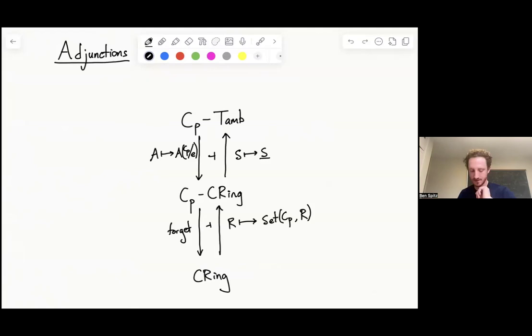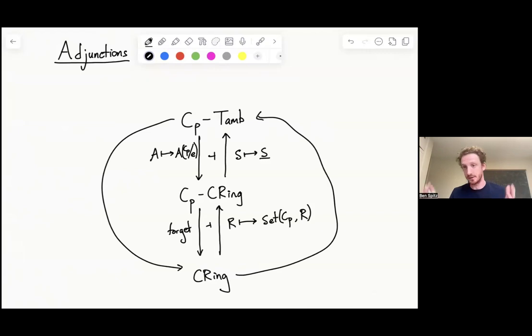Sorry about that. So I have these two adjoint pairs, and I could compose these together and get one big adjoint pair. So I could go from here to here, and I could go from here to here, and I'll have this big adjunction, which is the composition of 2 adjunctions. The guy on the left going from CP Tambara functors down to commutative rings, I'm going to call restriction, which is the same as the name of one of the structure maps inside a Tambara functor, which is quite confusing. So let me just call it R. It's capital R, CP down to E.